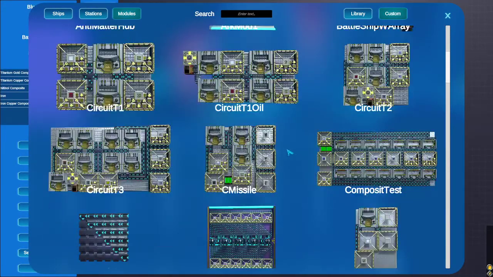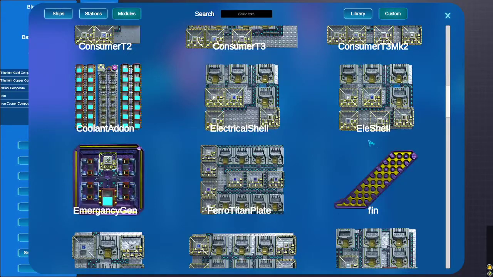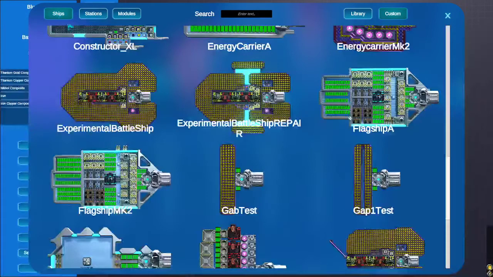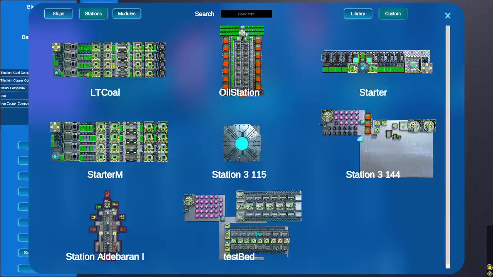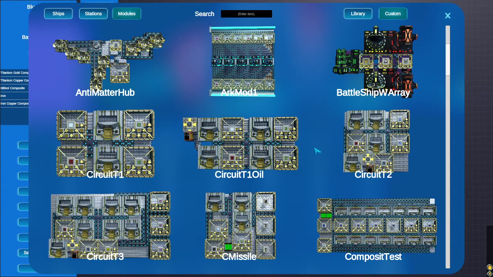And I think that's all I have on blueprints, stations, and modules. Keep your ship simple unless you have a reason to do otherwise. Keep your station starts simple unless they are going to see combat and you're going to have to repair them a lot. And modules should be kept